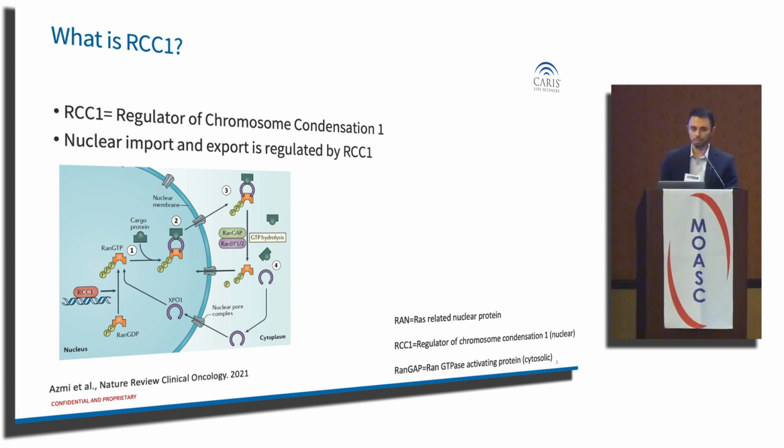And the role of RCC1 is it's important in maintaining a proper gradient of nuclear RAN GTP, which ultimately, in turn, maintains the many functions of the cell cycle. Highly proliferative cells require a steep RAN GTP gradient to support their activity. Thus, cancer cells have a steeper gradient than normal cells.